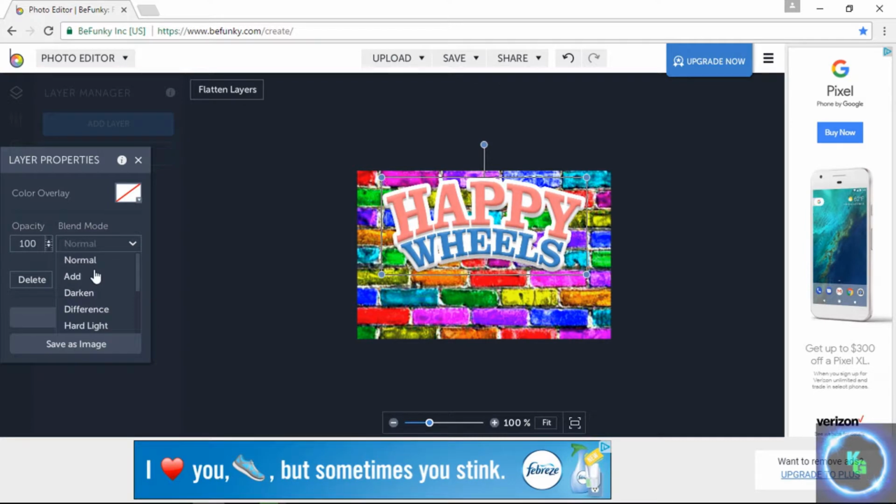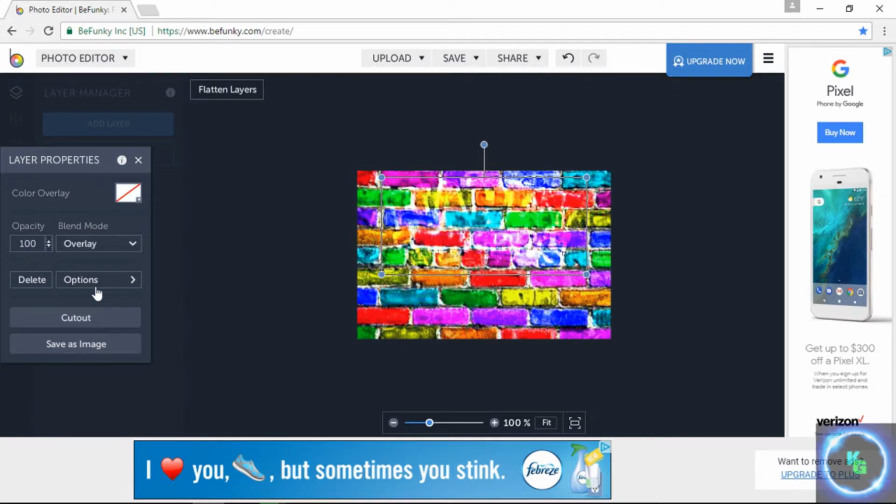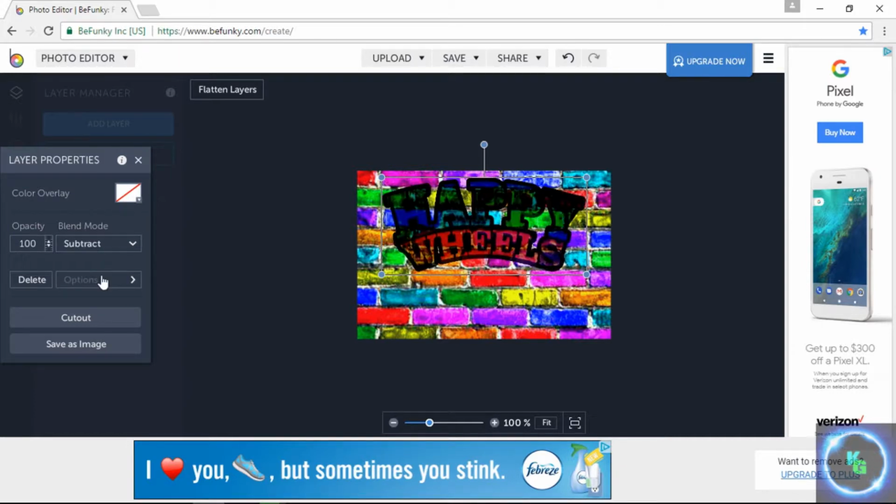And you can also change the blend. You can do it different. You can do darken. You're not going to be able to read all of these. Subtract, screen, multiply, lighten. I've got all these to mess around with. See, I'm just going to leave it normal,